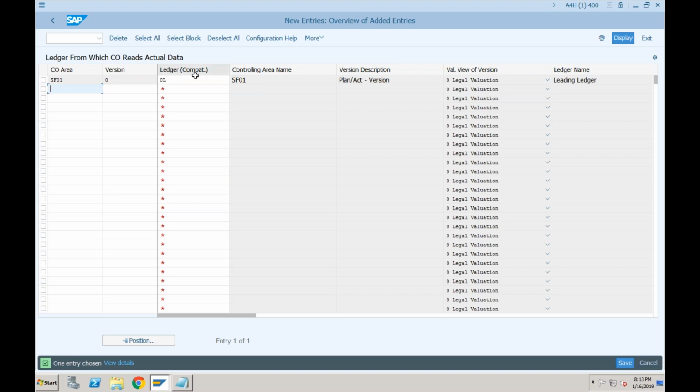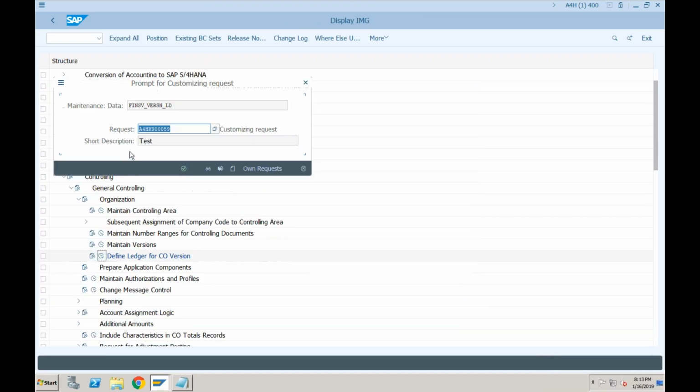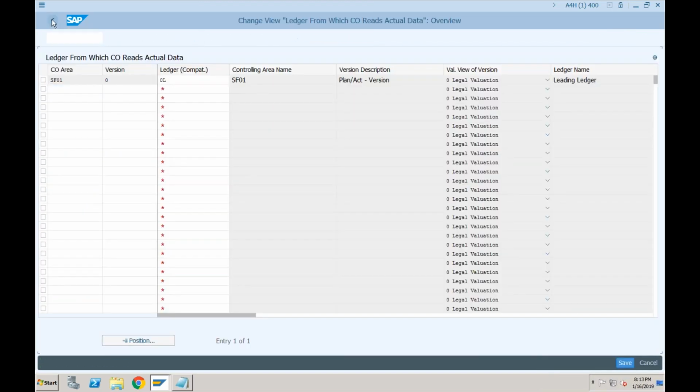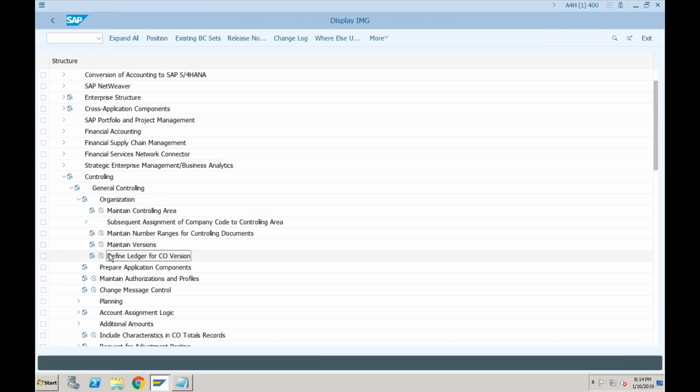This is a new configuration and it is a must, without which the system will not allow you to go ahead and create any postings in FI and CO. Okay, so just click on save and this is done. So this is called define ledger for CO version. Which CO version will take the values from which ledger, you can define here.